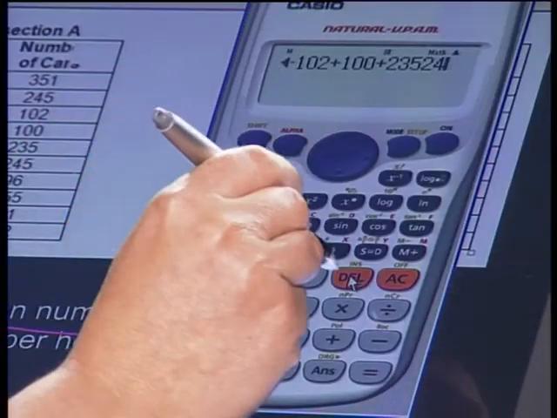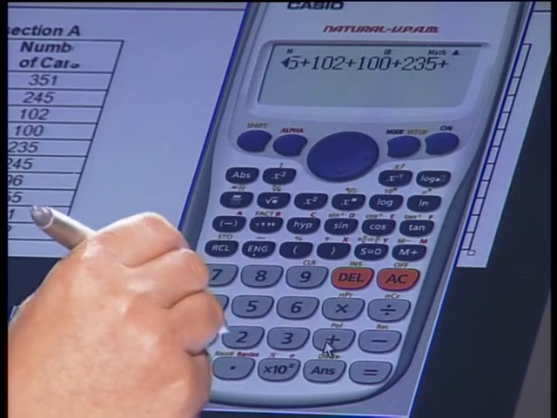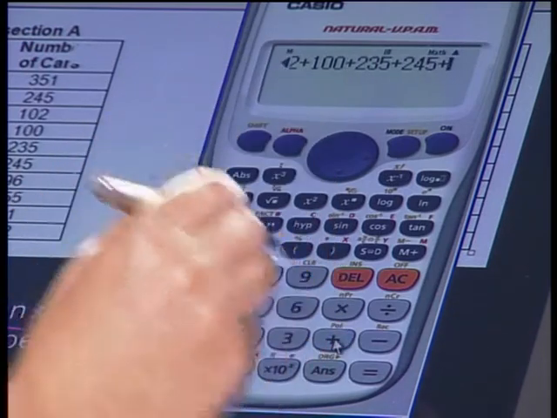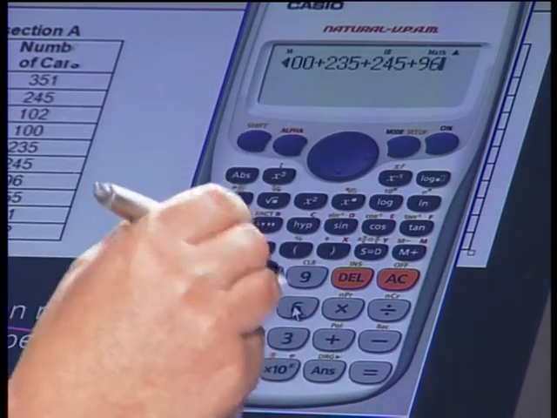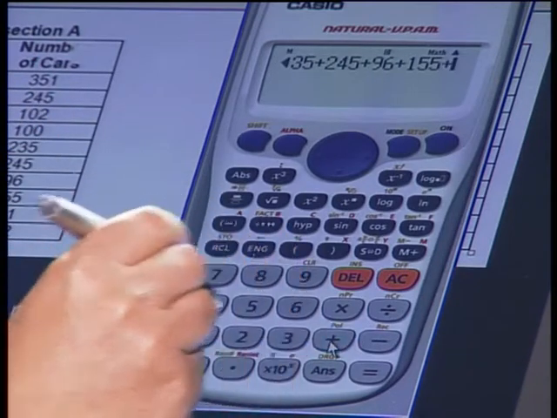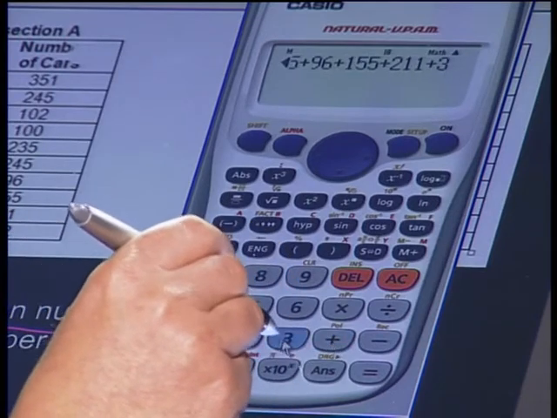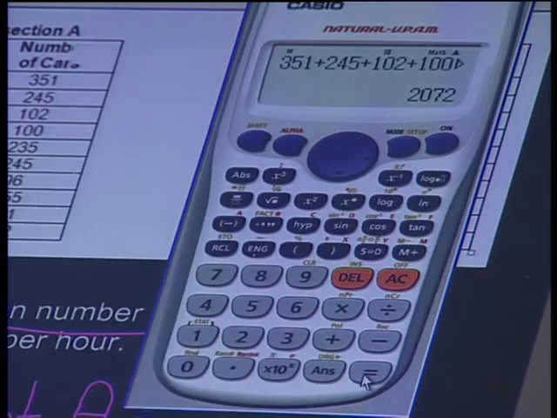And quite clearly you can see now that I have omitted a plus sign. So 235, where was I up to? Right, plus 245, checking as I go along, plus 96, plus 155, plus 211, and lastly 332. Right, and I get an answer of